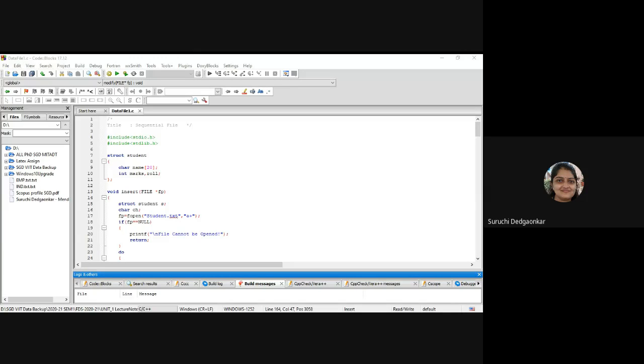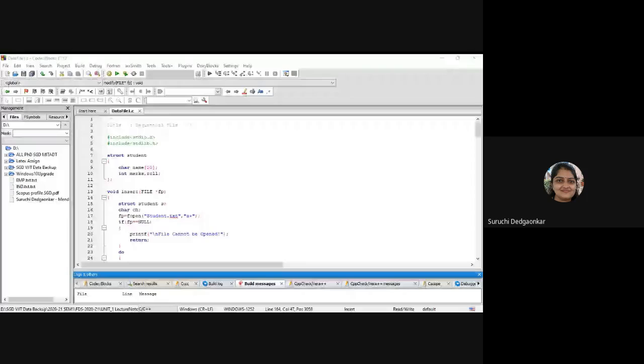Now the next part which is remaining in this unit is the command line arguments. Can you tell me what the parameter is in main? We have seen the main function, and in the main function we don't pass any parameter, isn't it?